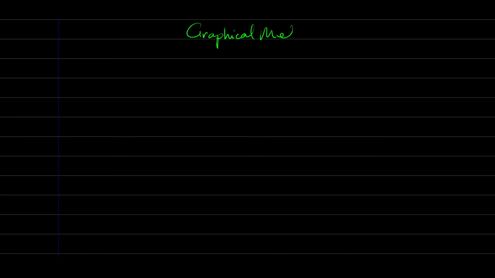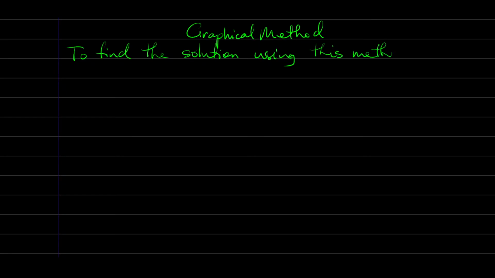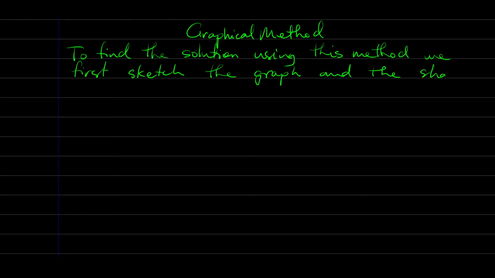Graphical method. To find the solution using this method, we first sketch the graph and then shade the region of interest. Should just call that an ROI. Anyway,